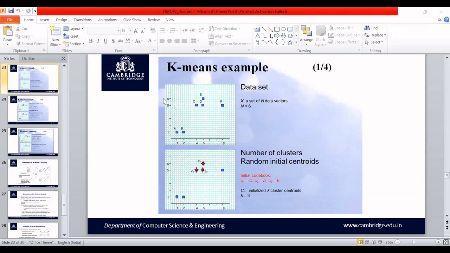So once I've written all the coordinates and identified the cluster, C1 has to be calculated with all the points, that is A, B, C, D, E, F. And whichever is nearer to that, I will add that point to that centroid C1 and I will compute the new centroid value.